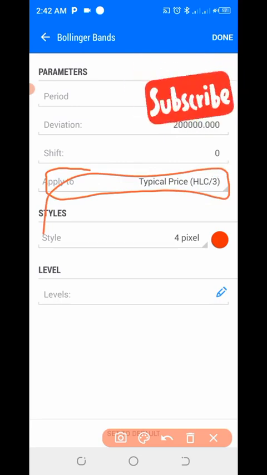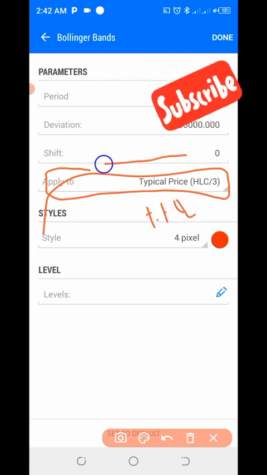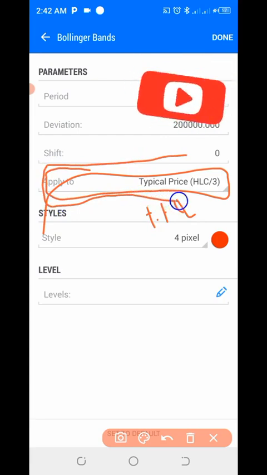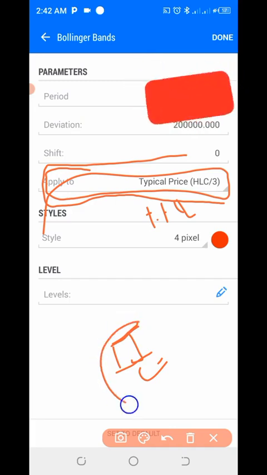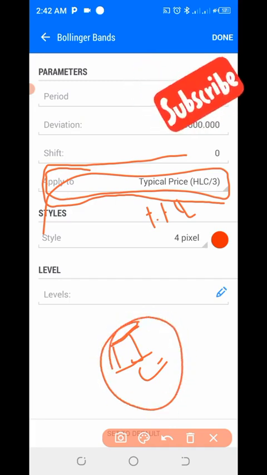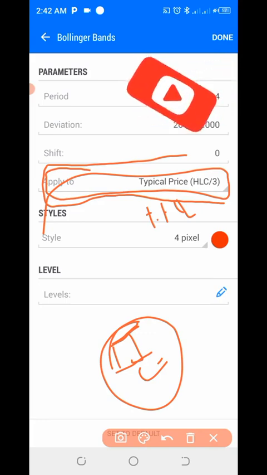Typical price, HLC, is for our high, low and close. It is going to be using the available data of every candle, taking into consideration the high, the low, and the close. So by the time it considers these 14 previous candles, it is going to take the average range of the open, high, low, and close, and then plot it out for us as that straight line that we'll have on our chart.